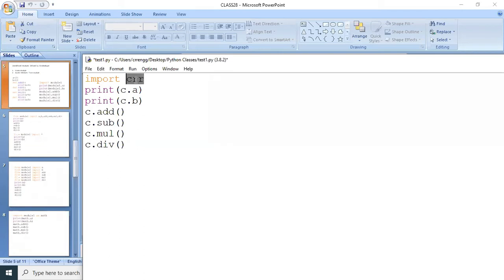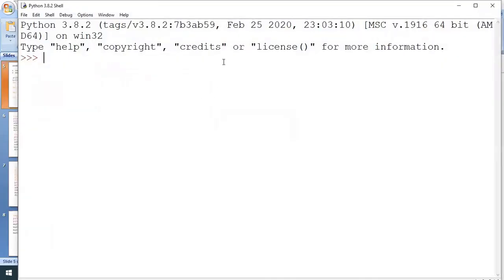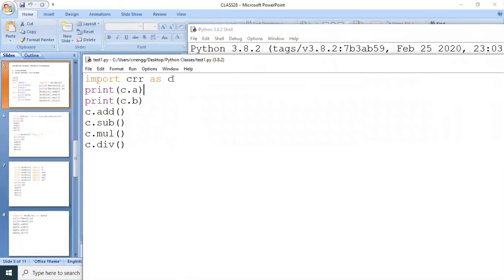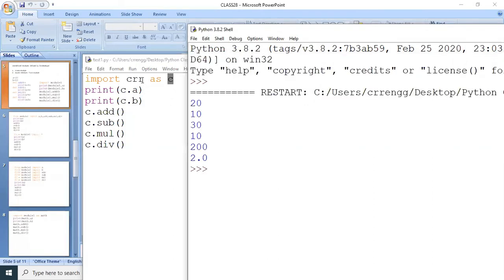Import CRR as C. That's it. What is the alias name here? C is the alias name. So I give the name C to CRR. Now if we execute this program, this C is the alias name for the module CRR.